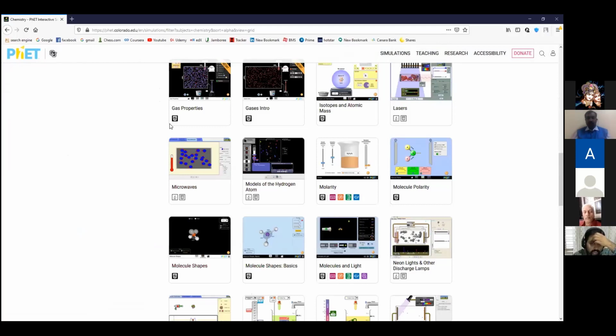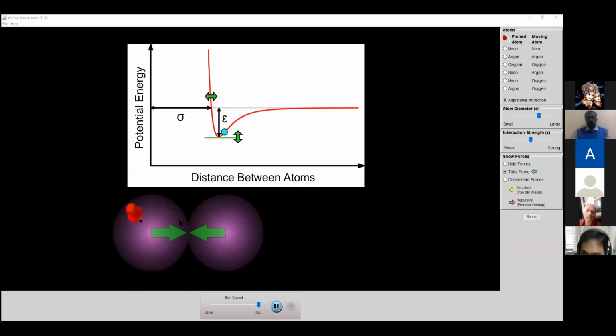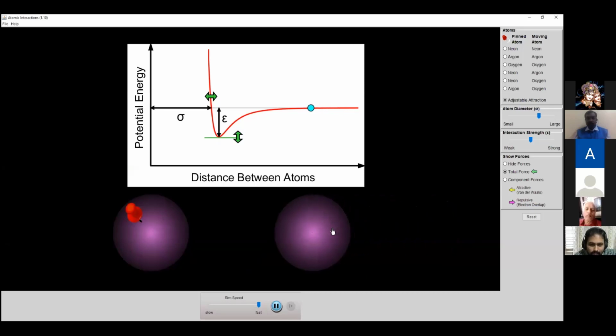Let me show you one more simulation here. Look at this. While explaining the formation of a covalent bond, I will bring two atoms together. Again, look at this. The atomic distance is decreasing.